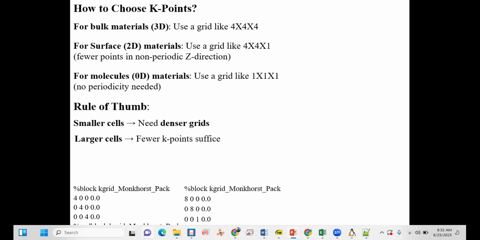This one is 8 8 1, which is for the 2D material because we have no periodicity along the z direction. And this one is 1 1 1, because for a molecule we should add space along the x, y, and z directions around the molecule, so we take the K-point grid like 1 1 1.